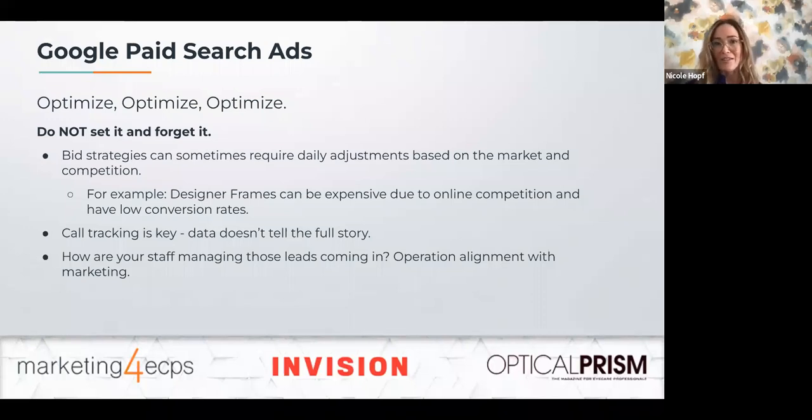So what we'll say is that data is not the full story in this one. We want to be taking a look at what our marketing goals are, aligning with the practice, taking data, putting the two together, and then through that, really listening to the calls that come in. That is different than data when we're listening to patients actually calling from an ad and what is happening there. So we'll say, how are your staff managing? Do we have holes in the schedule that we can accommodate?